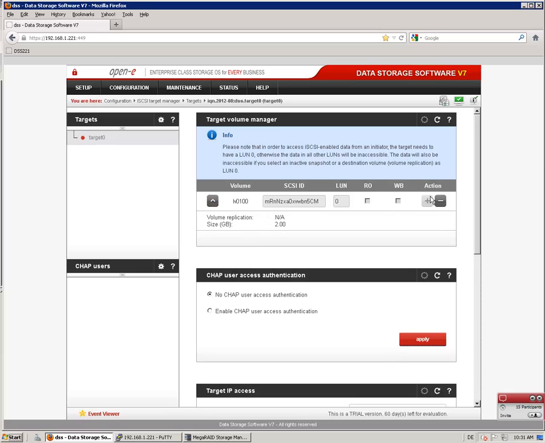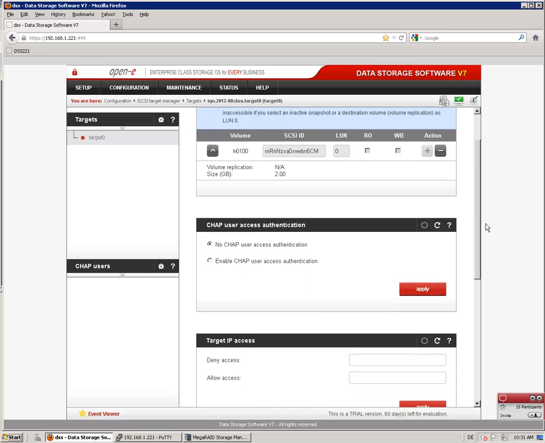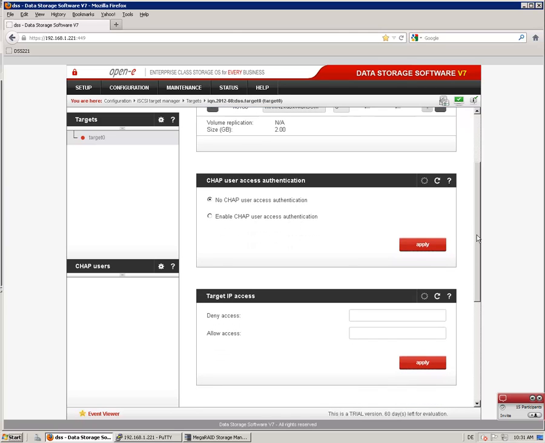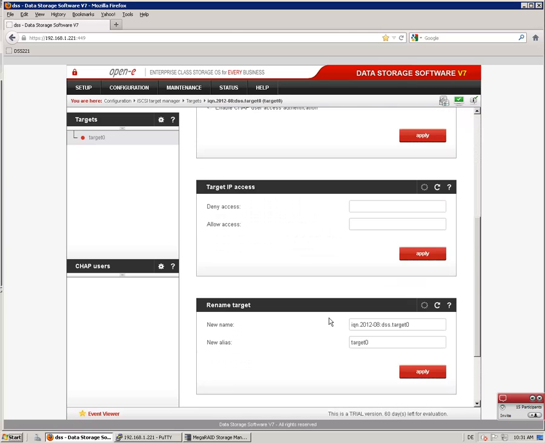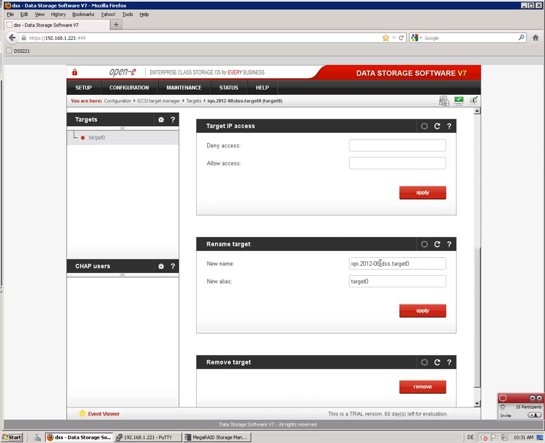The plus button is already clicked, so my 2 GB size volume is exported over this target name. That's the target name here, and we can also see the target name when we scroll down. There is a rename function here, and you can see the target. If this target name is not as you wish, you can just change the name and apply. Okay, so the 2